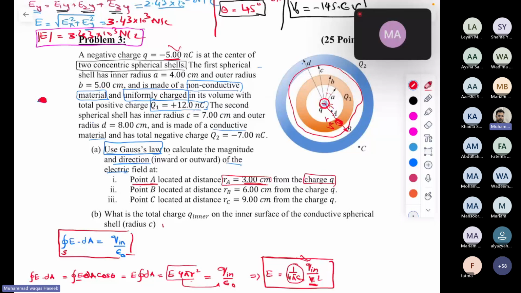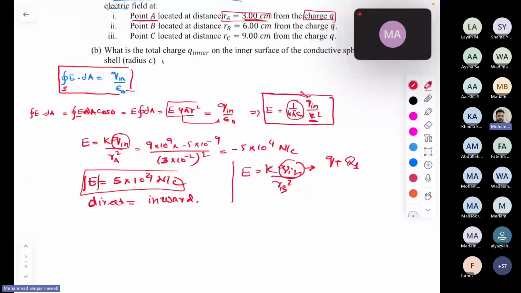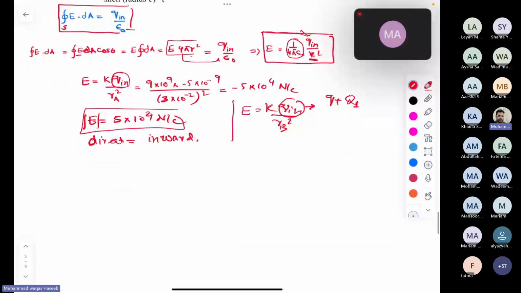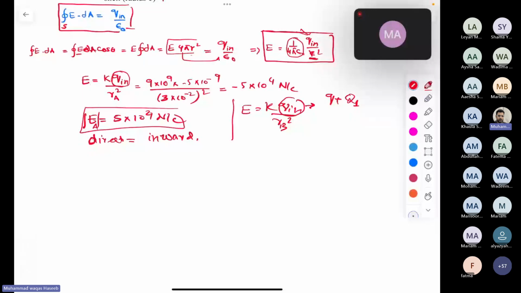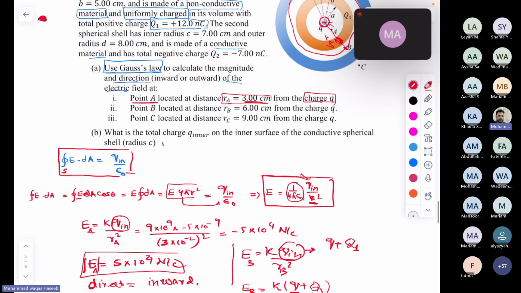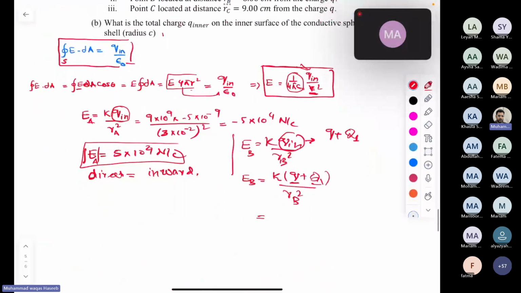So this is your EA, and this is your EB. EB is K times Q plus Q1 over RB squared. When we substitute the values, Q is negative 5 nanocoulomb and Q1 is 12 nanocoulomb, and we get 1.75 into 10 to the 4